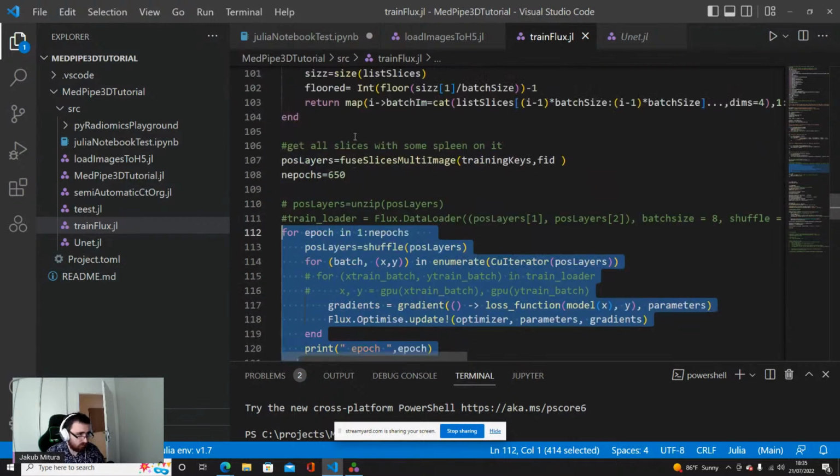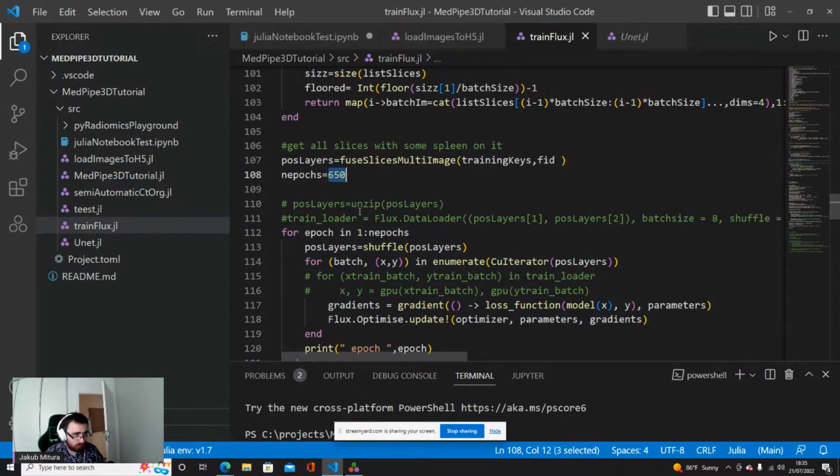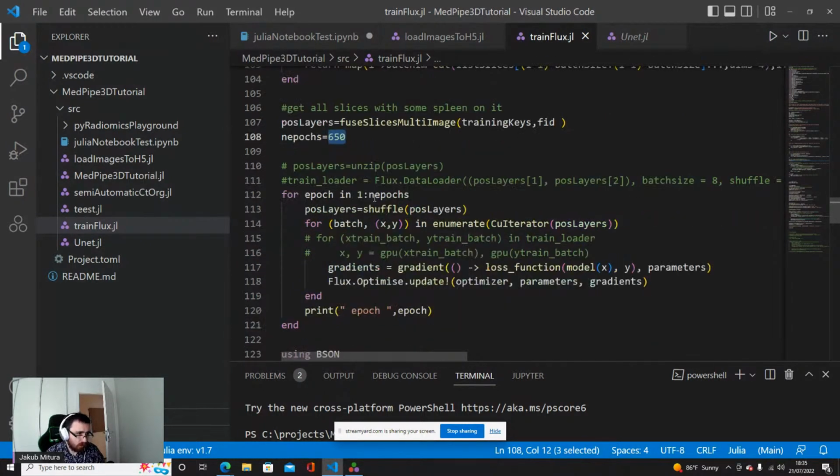I had chosen 650 epochs, so it will take a couple hours to train. During the training I shuffle the layers. It can also be achieved more cleanly in the train loader by changing shuffle to true.